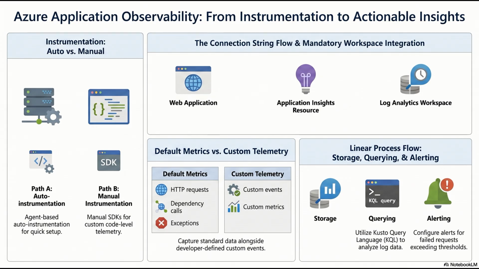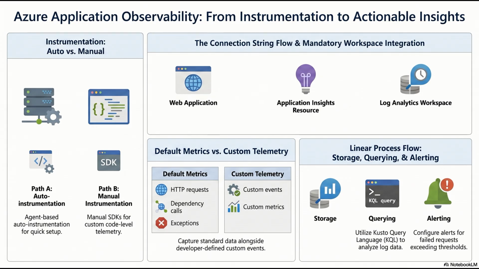Let's start with metrics. Metrics are numerical, time series data. So just numbers. Just numbers. They're incredibly lightweight. You're basically capturing a value, a metric name, and a timestamp. Like CPU percentage. Exactly. For example, at 10:00 a.m., the CPU utilization on virtual machine A was 45%. At 10:00:30, it was 47%. Because they're just numbers pinned to a timeline, they're cheap to store, and they are lightning fast to query. Got it. You use metrics for immediate performance tracking and for driving near real-time automated alerts.